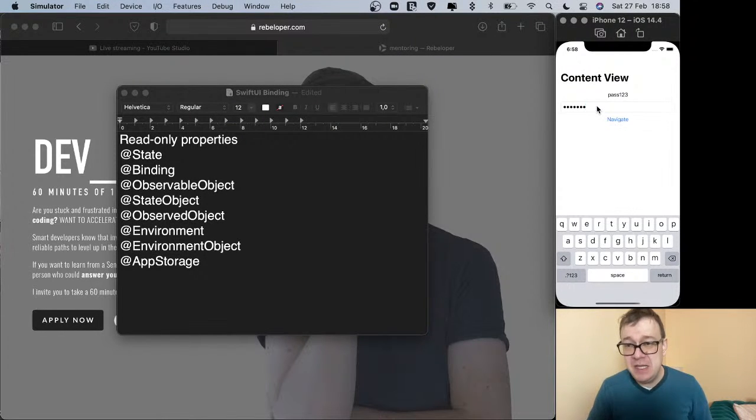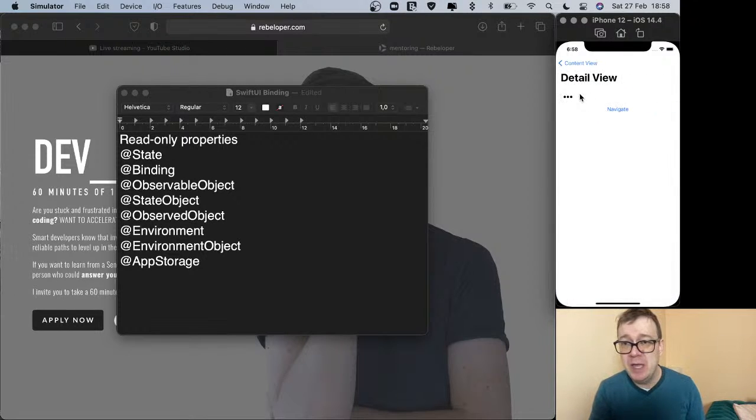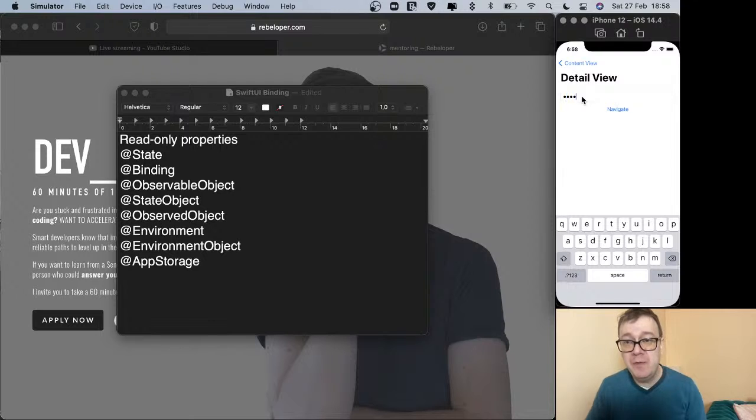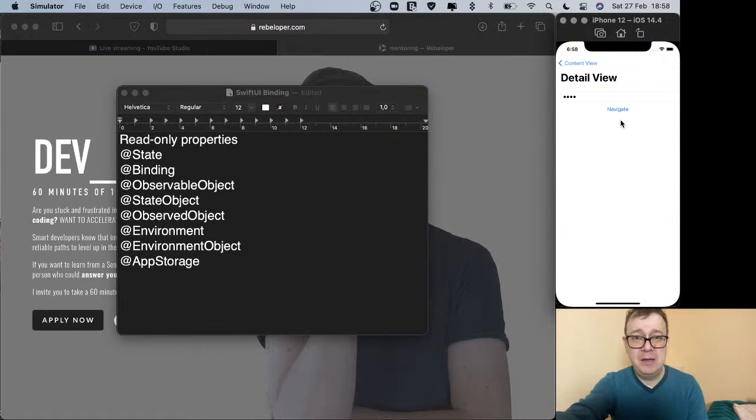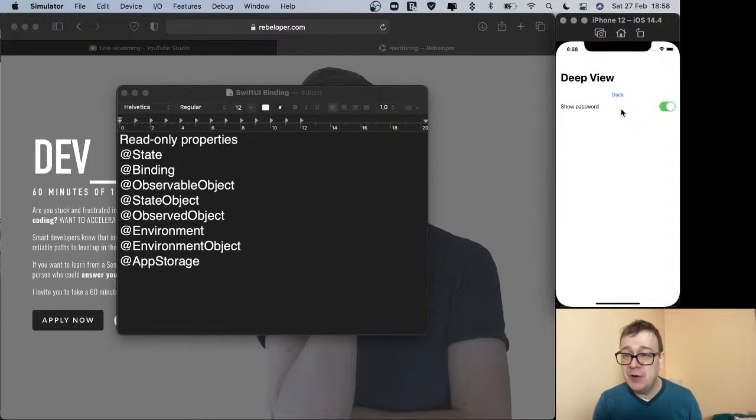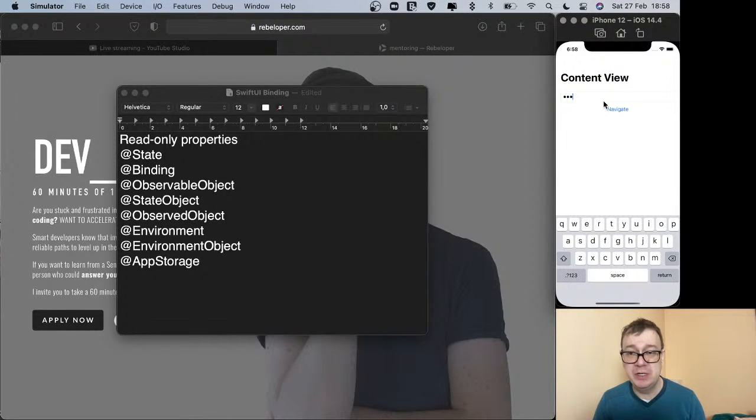And as you see, we have this password. So I just go 1, 2, 3, and we can navigate. And if we just go 1, 2, 3, 4, we just go back. You see the password has been changed. We just go ahead and navigate. Let me just move this a little bit up. Okay, so if we just navigate even further, and we say don't show the password, and we just go all the way back, you see we are not showing the password. Okay, so that's our simple app that we are going to build out today,